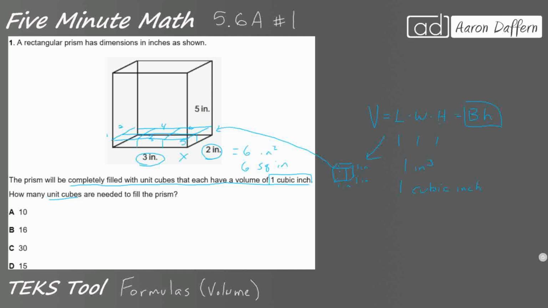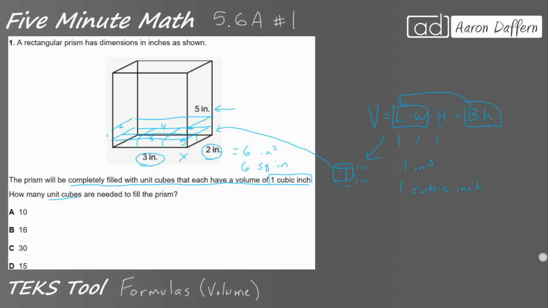And as you can tell, height is still height. So the difference is going to be that this base is simply what is the area of that base, right? Length times width. All right, so the area of this base is 6 inches squared. If I were to continue drawing this, what I would need to do is I would need to draw a total of 5 layers. And I know it's 5 layers because I've got 5 inches. This very bottom layer is 1 inch, right? So if I were to draw another layer like this,